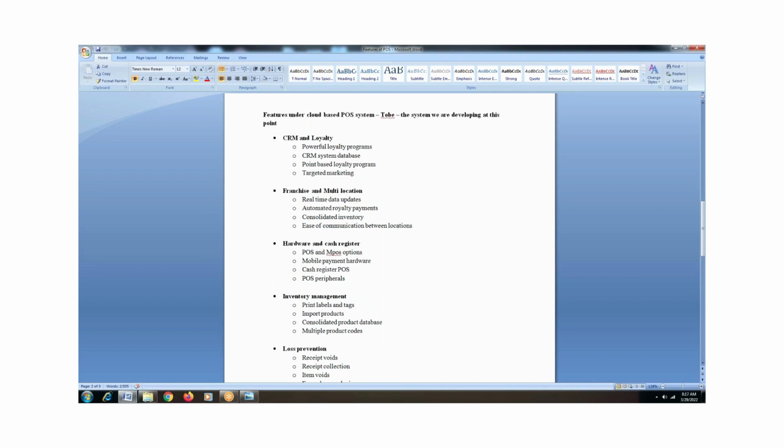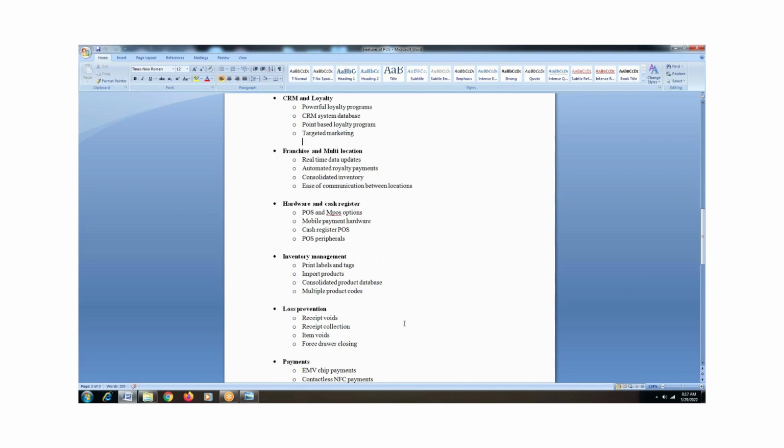Now, functionality. What is functionality? In order to use this feature, what functionalities do you have to develop? For example, you're talking about hardware and cash register. You need to have an option for point of sale system or MPOS, meaning mobile point of sale option. Next, mobile payment hardware, cash register, POS peripherals. All the functionalities under hardware and cash register come under the functional requirements. So feature,